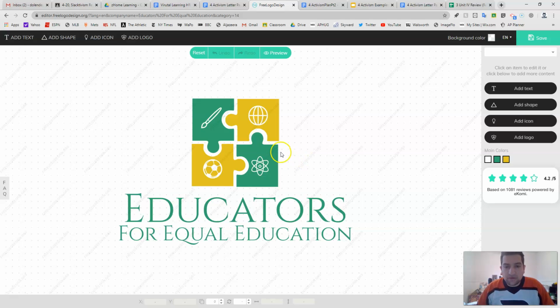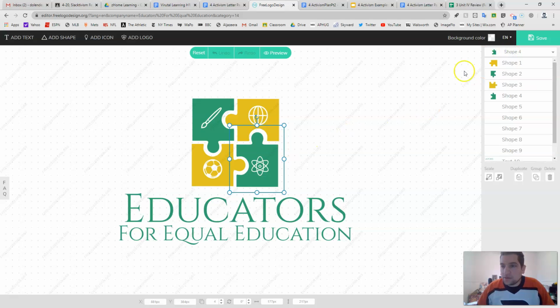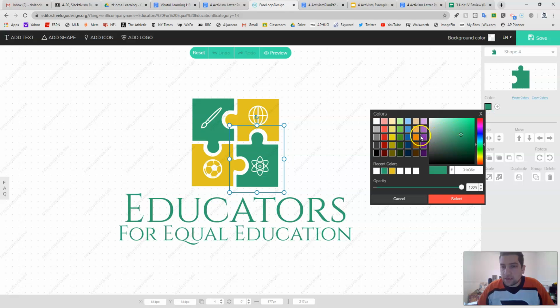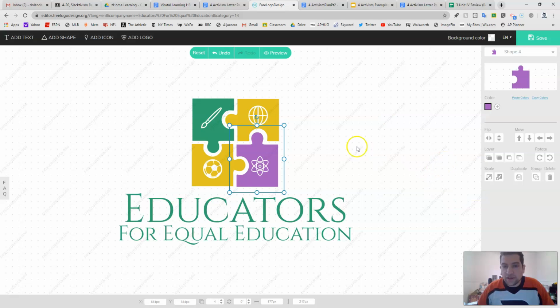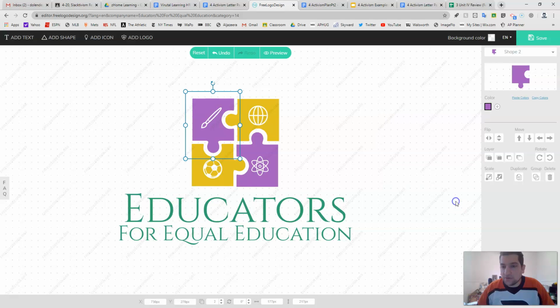Now I can play around with this a little bit. If I click the green puzzle piece, you'll see it come up on the right. You have the ability to change the color. Okay, so if I want to make it, let's say purple, now it's purple. I'm going to hit select, and once you change the color, now let's say if I want to change the green one again, it puts the recent colors you've used right here, so I don't have to try to guess which one that I used. All right, so now if I make this purple and this orange color,